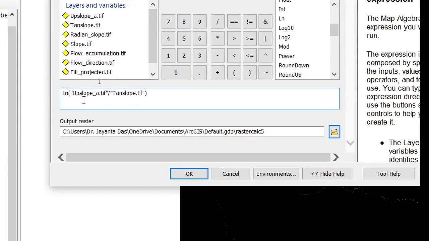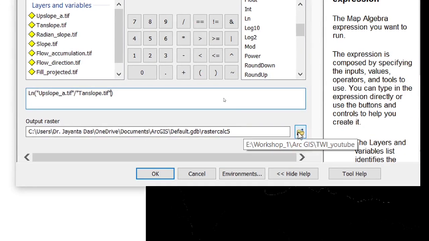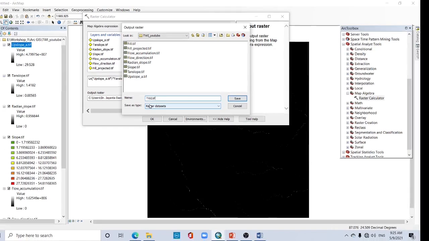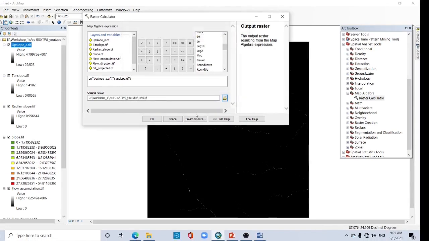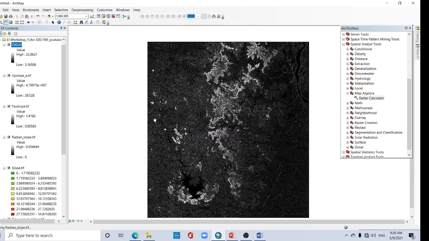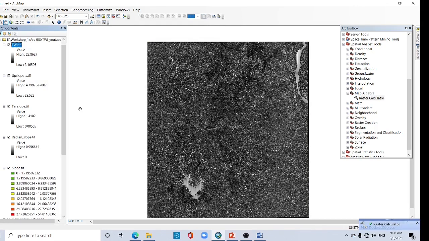Log normal upslope divided by tan slope. Change the output path, twi.tif, and save it and click OK. Now see, this is our final result, TWI.